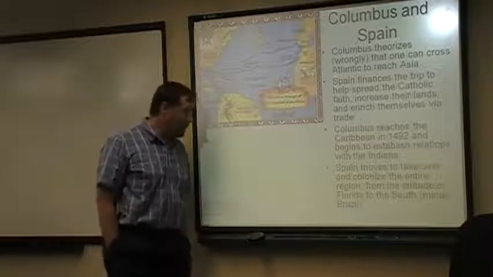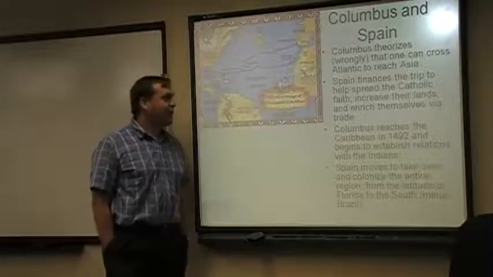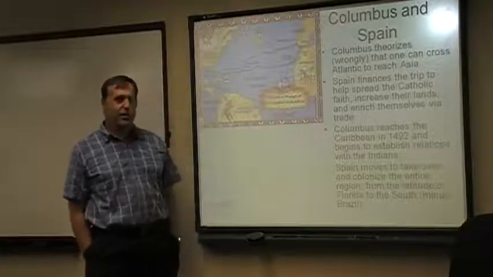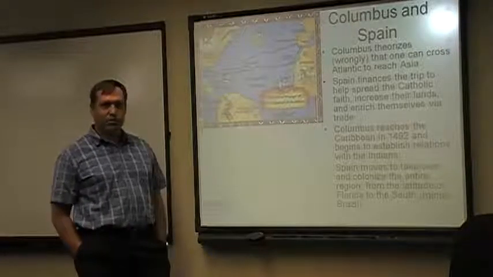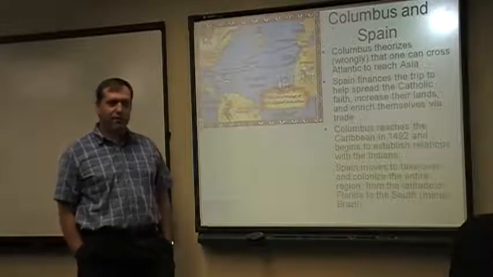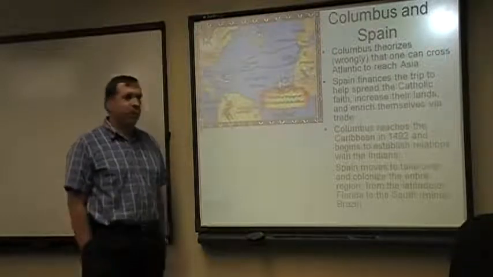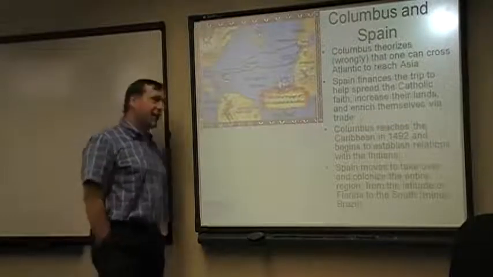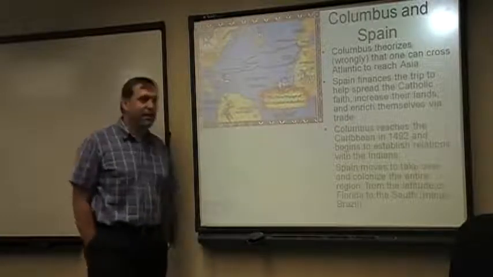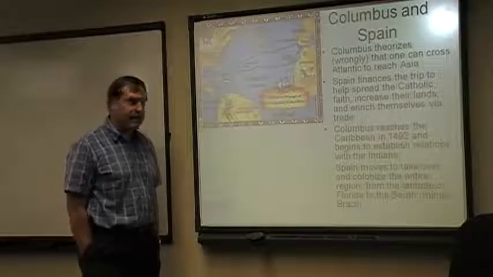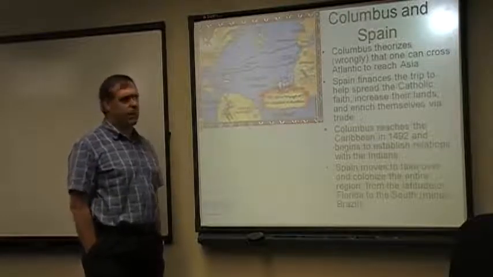Now, according to Columbus's calculations, he should have been off the coast of India. And so, when you go ashore and you find a bunch of dark people running around and you think you're off the coast of India, what do you call them? Indians. Call them in Spanish El Indios. The name has stuck, despite the fact that most American Indians have never been to India, although we do see some Indians running around America today.